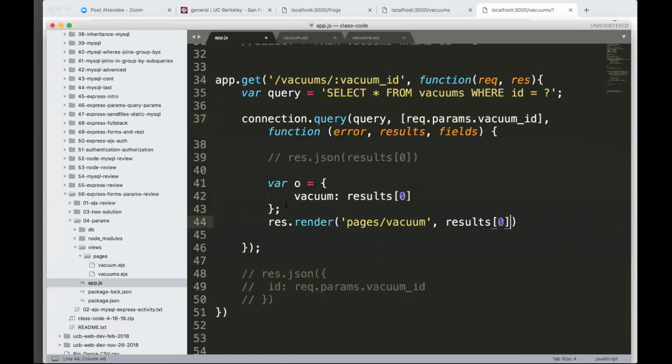You could do that here also. And then I would be able to do ID, name, price, rating. All right, so if I did,